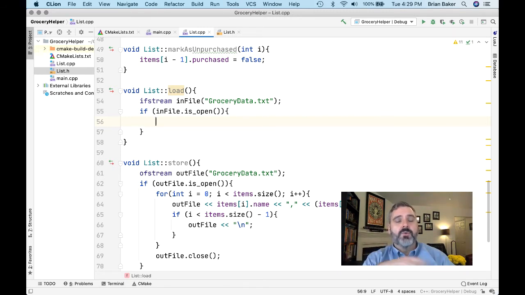The way you traverse a file is usually with a while loop. The reason we use a while loop as opposed to a for loop is because I don't know where that file is going to end. You might have 100 items on your list. You might have 5. So I'm just going to say while this file is not at the end of file,